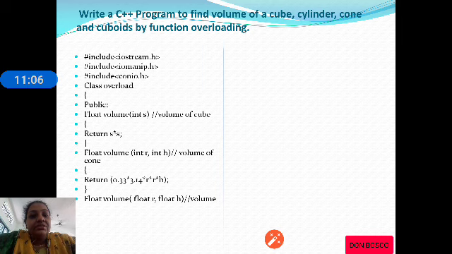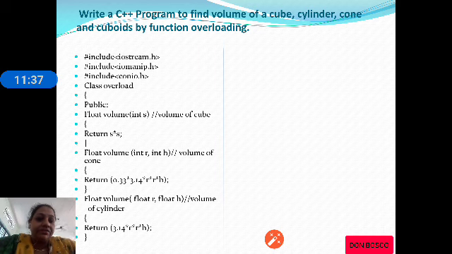Let us check out the third volume function. Again, the third volume function has two arguments, both of float type, and it will calculate the volume of a cylinder, so pi r square h. So we have three volume functions in total. The first calculates the volume of a cube, the second calculates the volume of a cone, and the third calculates the volume of a cylinder.